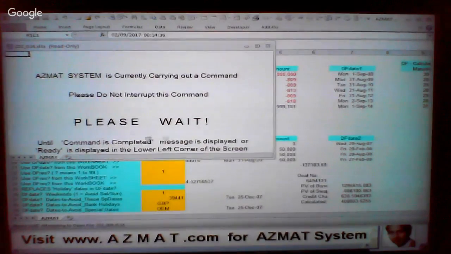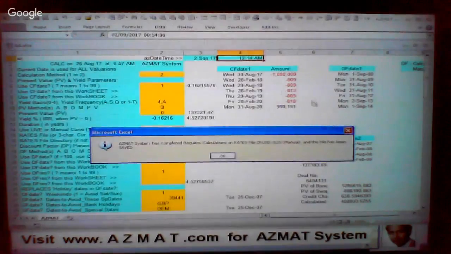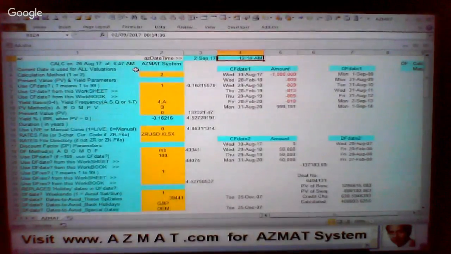Given the user a file here, specifically, as you can see, it's ZZZ_034. This file, I've actually prepared a standard message asking the user to wait. Right, as my system is completed, required calculation of that file, and the file is being saved. I'll also do the same for the